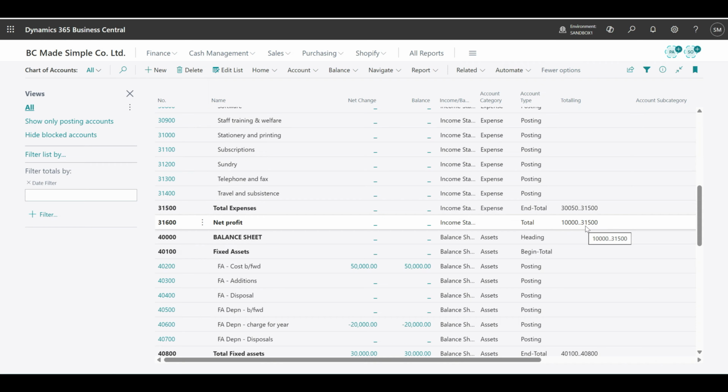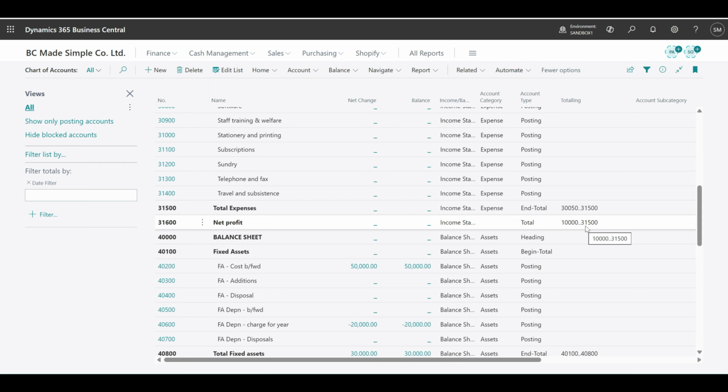The next column I wanted to show you was the account subcategory column. In Business Central, you can organize your GL accounts not only by categories, but also by account subcategories. Subcategories add an extra level of detail, helping you better structure your financial data. This setup is important because it defines how accounts appear in financial reports like the balance sheet and income statement. You assign both categories and subcategories on the GL account categories page or on the GL account card, which I